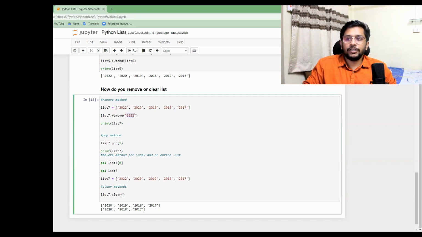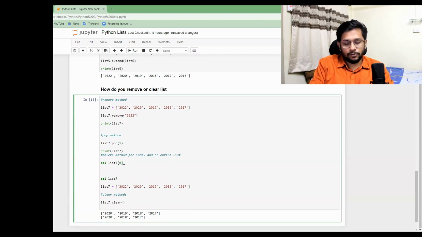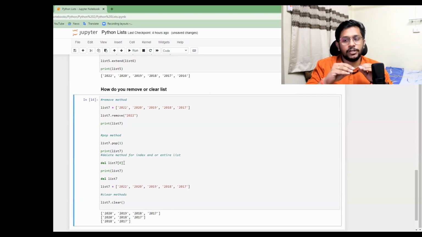Once we remove 2022, 2020 has shifted over here, and now 2019 will be removed, because that is on the first index. This is 0, this is first, and the pop method will remove 2019, and so it will be 2020, 18, and 17. Del list 7 will again delete the 2020 from it, so we'll just say print list 7. It will be entered. Yes, it will be just 2018 and 2017.